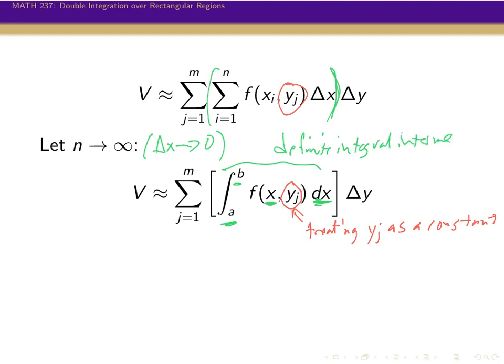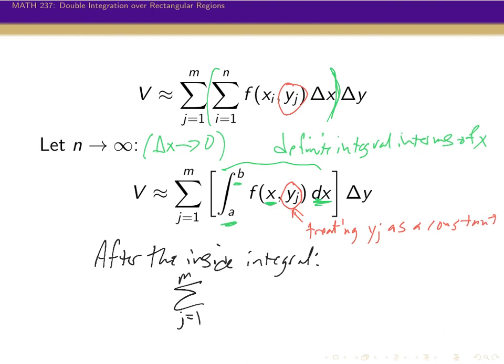In terms of x. And so if it's a definite integral in terms of x, after we do this integral, all the x's will be gone. All that will be left will be all of these yj's. And so after the inside integral, we'll end up with something